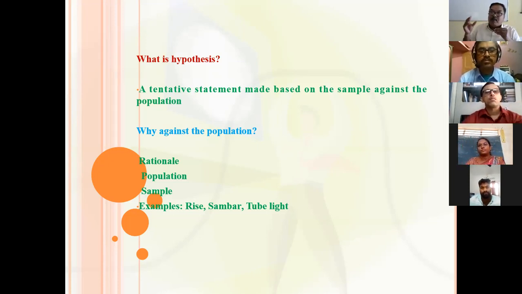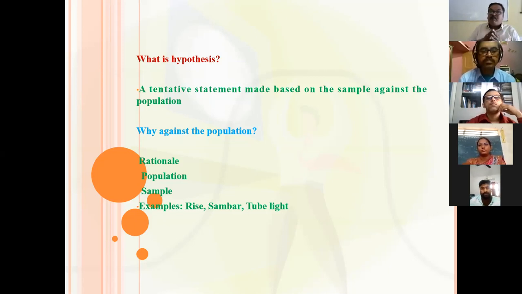When you apply your argument or statements to a complete population based on the sample, there should be a lot of validation for your argument. Whatever hypothesis we have, we need to test it before we make the argument or the statement. Therefore, first we construct the hypothesis to prove or disprove.